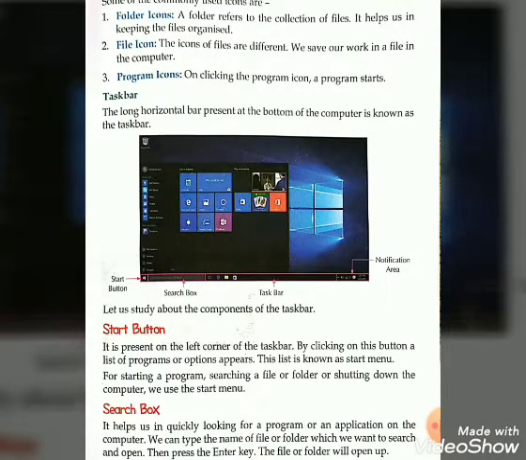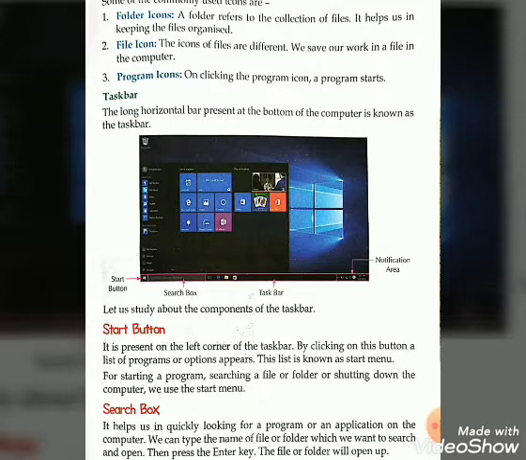Now second is file icon. First one is folder icon, second one is file icon. Here the icons of files are different. They both are different. How? We save our work in a file in the computer, that is a file icon. But a folder is a collection of files.